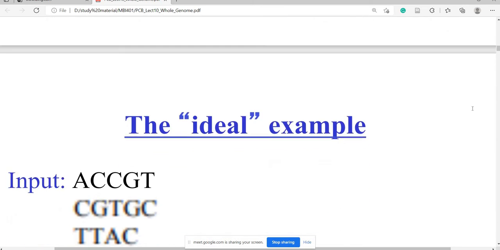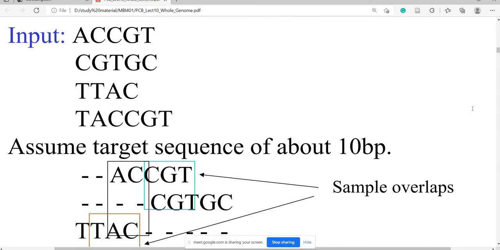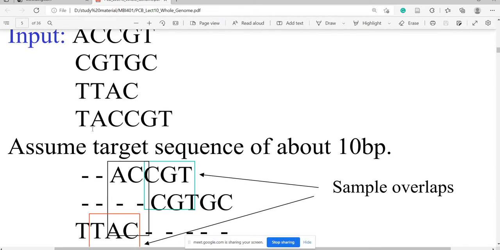The ideal example, you can see the input is ACCGT, then CGTGC, and TTAC and TACCGT. A few residues are similar here: the first sequence has ACCGT, and the last sequence also has CCGT. So that is similar in the first and last sequence.